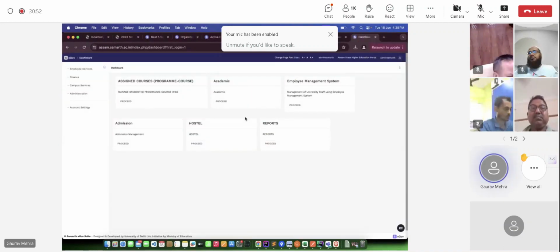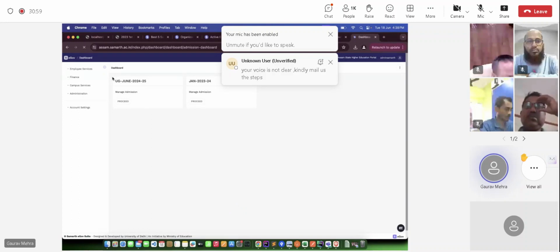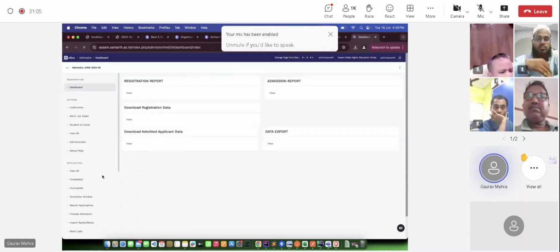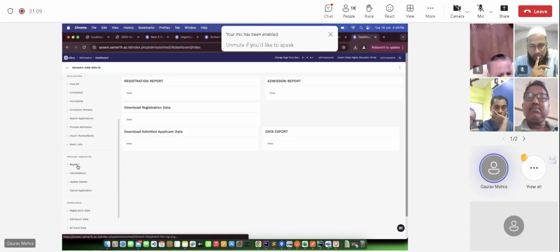So colleges will see the admission card like this in their dashboard. Once they click on proceed, they will go to the UG admission 2024-25. After that, in proceed, they will see the process admission here and round one. Round one means merit list first. So once they click on round one,